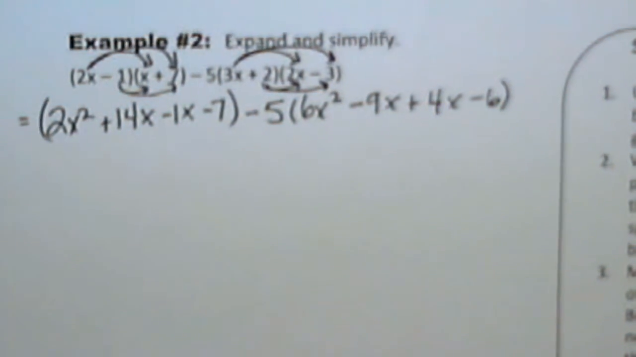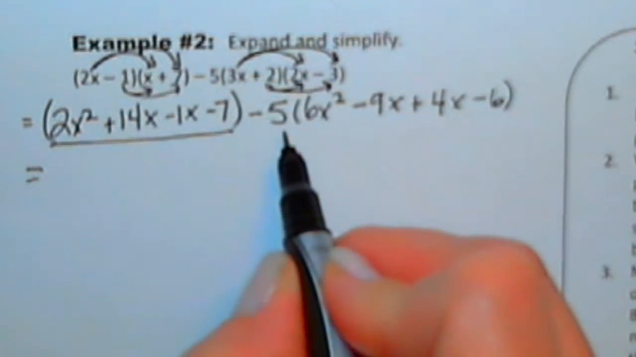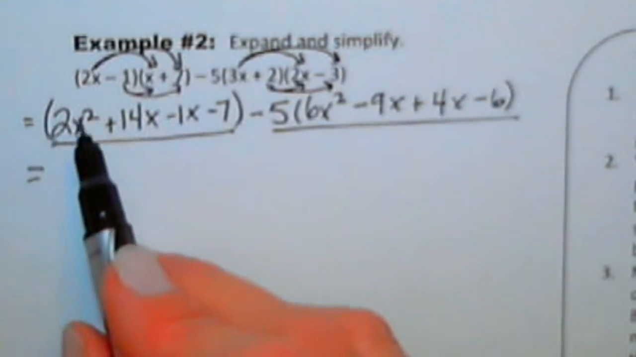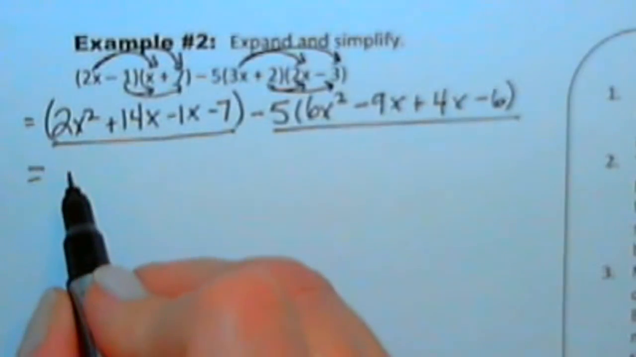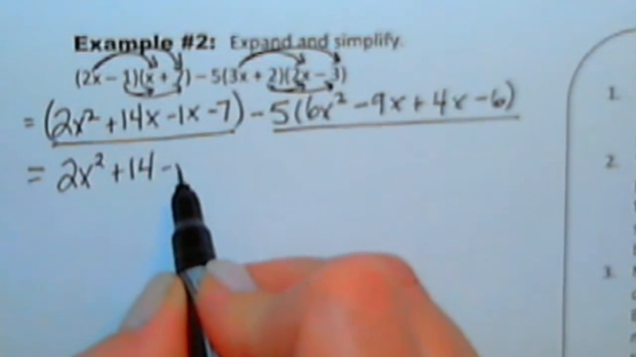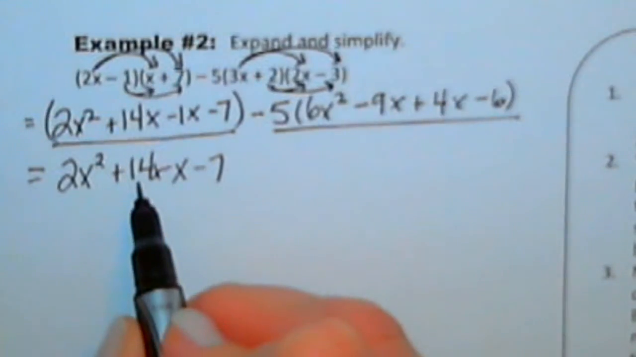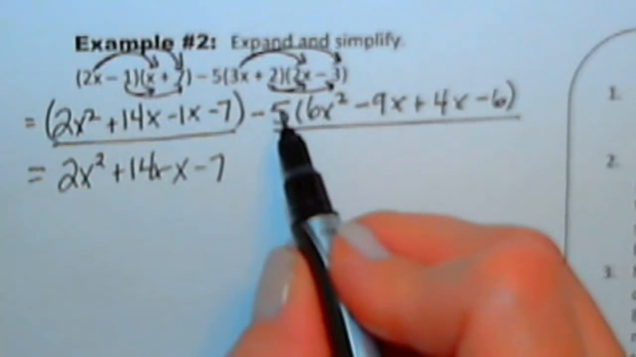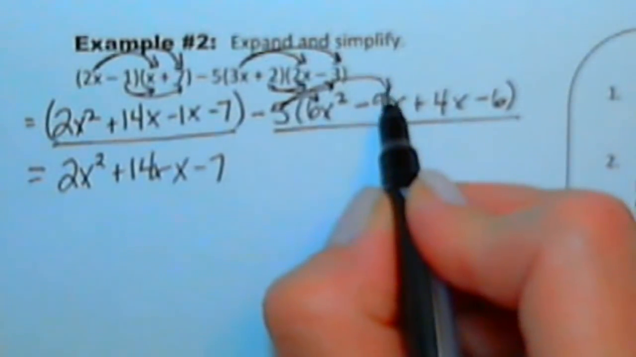Okay, so now I have this thing, and I have this thing. There's no one to multiply all of these terms by in front of the bracket, so I'm just going to remove the brackets and not change it because I don't need to. At this point I probably could have added the 14x and the minus x, but that's fine. This next stage then, this minus 5 needs to get distributed to that,